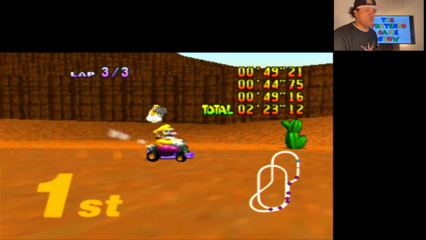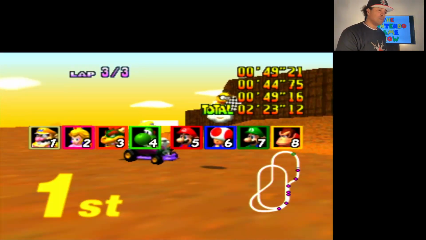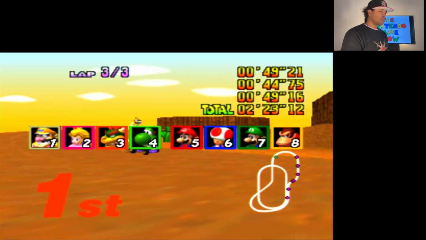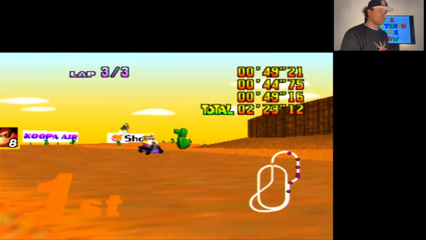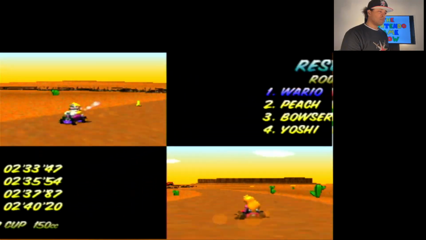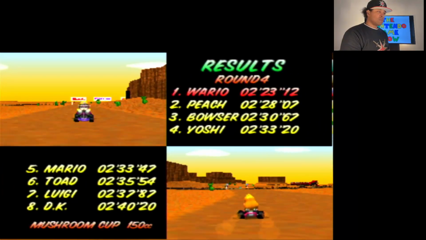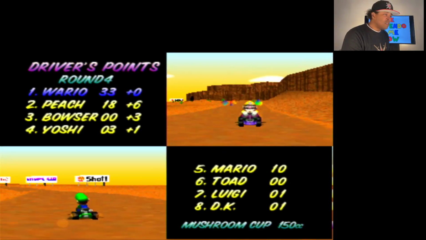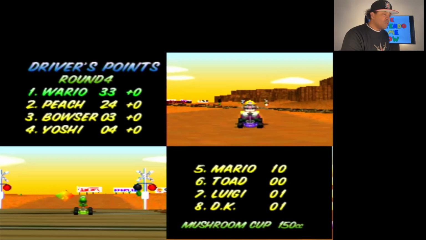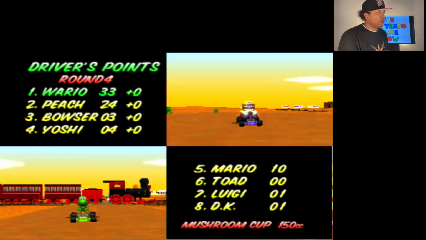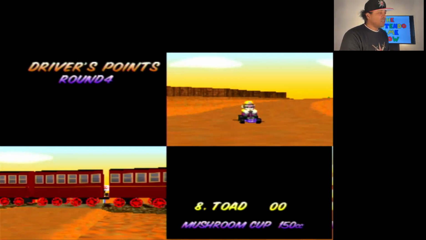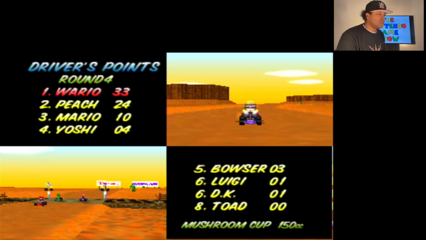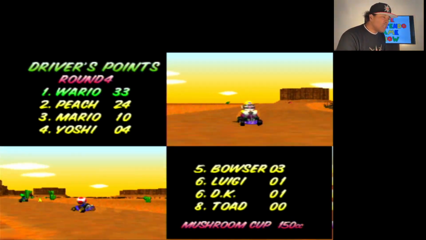Let's go! Okay, Peach came in second. Woo! If Peach would have came in first, I think I would have been tied with her. If I would have came in second,